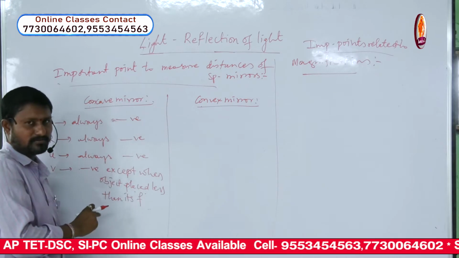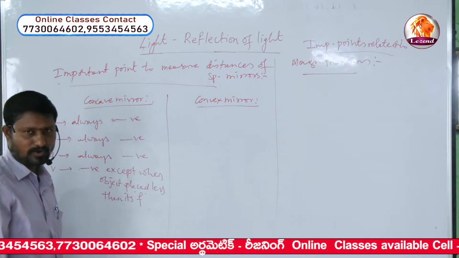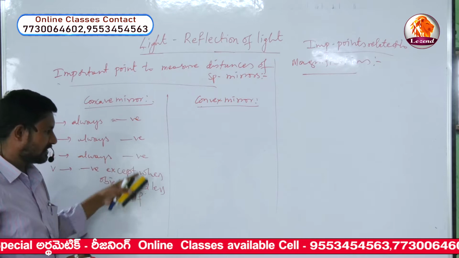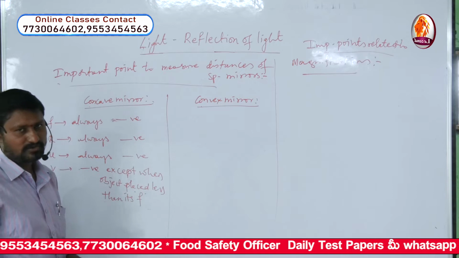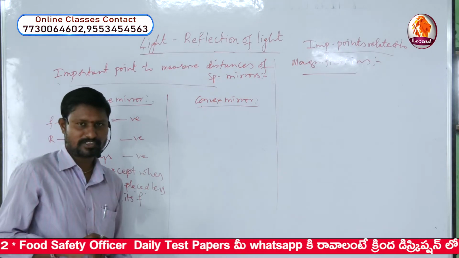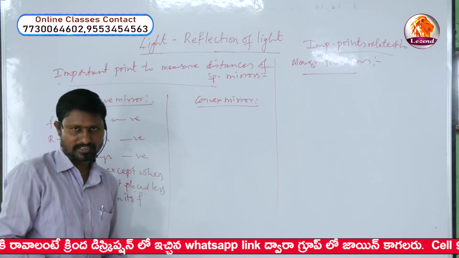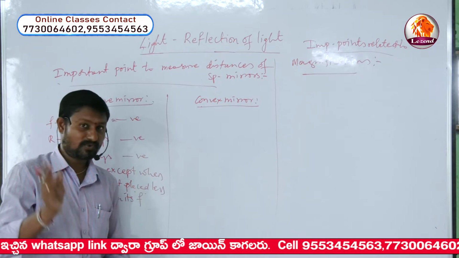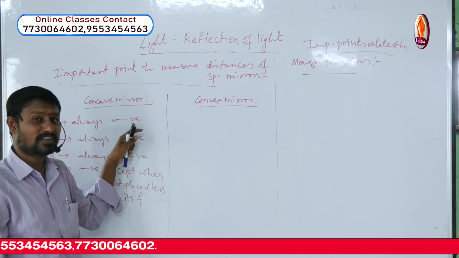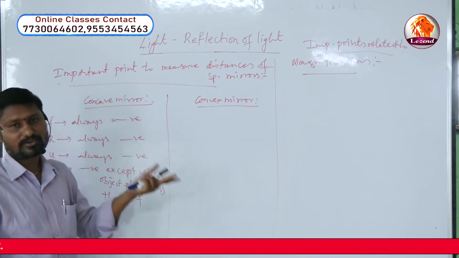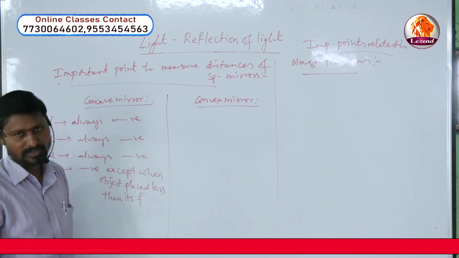So while doing the problem, if you remember these points, you will know automatically whether you have done the problem correctly or wrongly, by identifying the positive and negative symbols in the results. Suppose they give a 1 mark or multiple choice question like this: the focal length of the mirror is minus 10 centimeters, what is that mirror? The negative sign represents a concave mirror. So directly by seeing the negative symbol, we can tell it is a concave mirror.